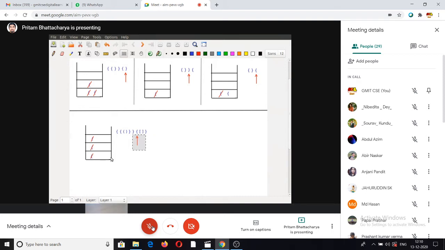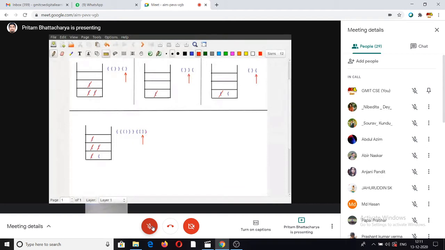Now once again you have an opening brace, so push it in. Then you have an opening third bracket, so I push that in as well. Now I've reached the closing third bracket. So once again it checks the top of the stack. It's an opening third bracket, an opening bracket of the corresponding type. So in this case there is no error thrown, I can just pop it off. And then it goes to the end.